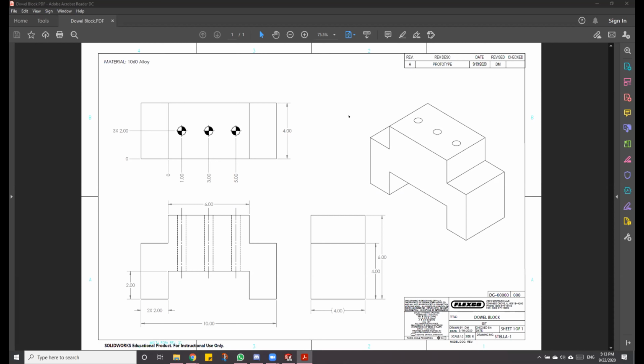Yes, the cross is the center of the hole, but the little filled-in circle parts, that symbol is the dowel hole symbol. It's kind of in the name even. That is for a dowel pin, if everybody knows what that is. It's kind of like a little straight rod. Usually they're hammered in and press fit into here, or it's because there's another part that's going to fit on top of these dowels. So these are dowel hole symbols. These are important to add if it is a dowel hole, because then the tool shop employee needs to know that these pins need to fit in snugly, or these pins need to fit in